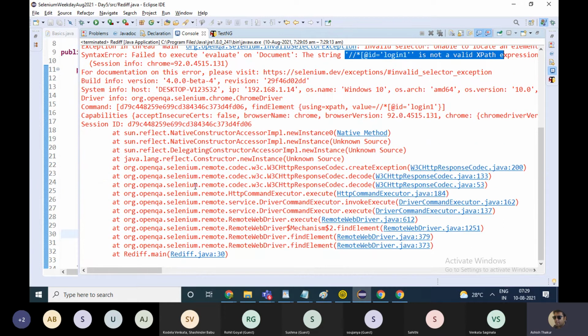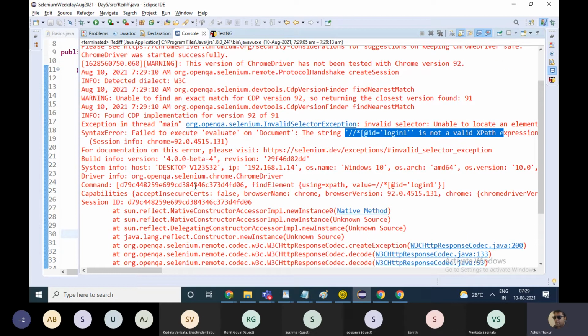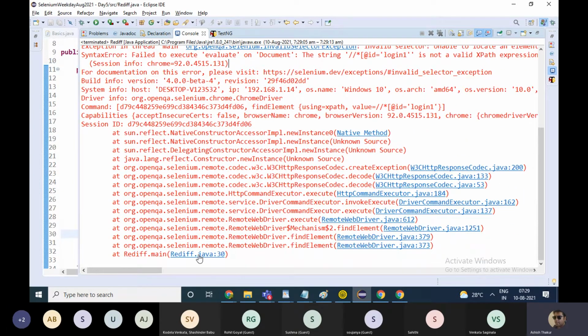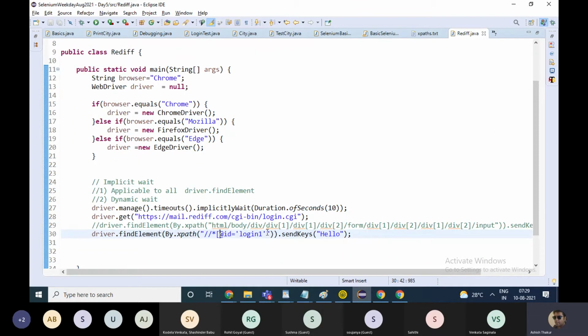So when you get an exception, as I told you in the last class as well, you don't have to worry about what's happening. Read it carefully. It will also tell you the line number, rediff.java line number 30. Click on it. This is the line number. Okay, you need to put a bracket. Now,